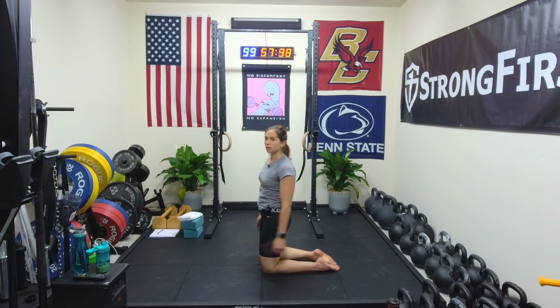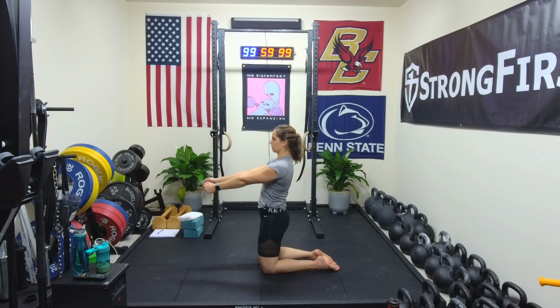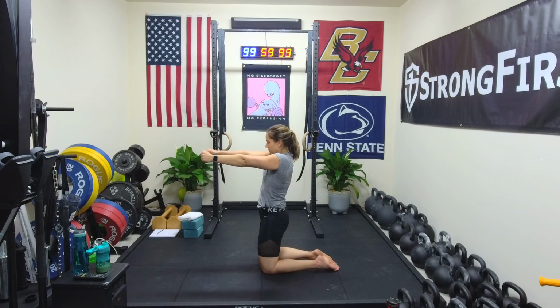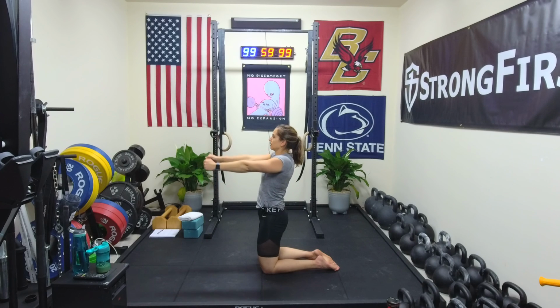All right, we're going to save a little bit of our work there. Just some regular scap CARs. Can be in tall kneel or standing. Arms straight out. Try to carve out that space that you just worked for with a little more load, because when you're in quadruped, you're fighting gravity there. Well, at a different angle. We're always fighting gravity, but